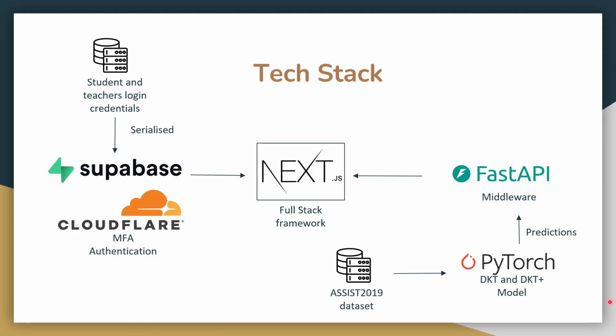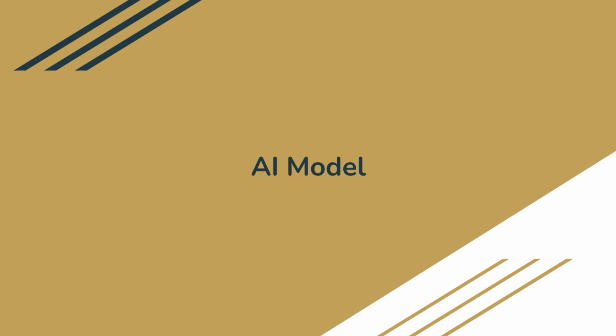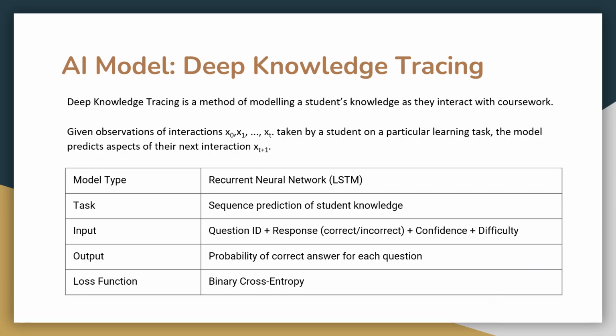Now, the key AI model powering this is the DKT, or Deep Knowledge Tracing model from PyTorch. And this was exposed via a FastAPI endpoint to our Next.js project. And the DKT models were trained on real life data. The AI model in question was known as deep knowledge tracing, and in essence, it is an LSTM based recurrent neural network. And what it does is, for a given set of observations or interactions with the problem set, which